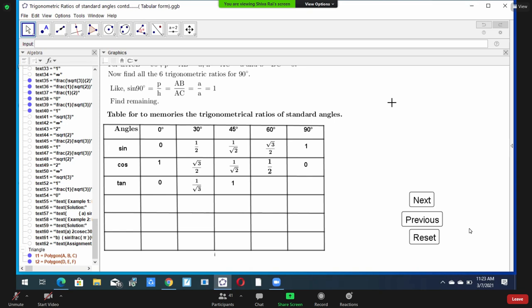Now your important thing is here, for tan 90 degree. Tan 90 degree equal to sin 90 degree upon cos 90 degree. Value of sin 90 degree equal to 1. Value of cos 90 degree equal to 0. So 1 divided by 0 equal to how much? What I told you last time? Infinite. Yeah, this value, you look here.